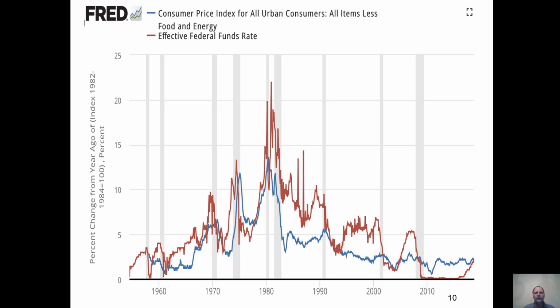Here is a list of inflation and the effective Fed funds rate from essentially the beginning of its usage in the 50s until today. And you can see that what has been attempted is to raise the Fed funds rate to fight inflation, at least in the 70s and 80s. The U.S. government printed a lot of money in the 60s to finance things like Lyndon Baines Johnson's Great Society program and the Vietnam War, which tended to make inflation go up, and then they were forced to default on the gold standard in the early 70s under the Nixon administration, resulting in reasonably high inflation, which was fought throughout